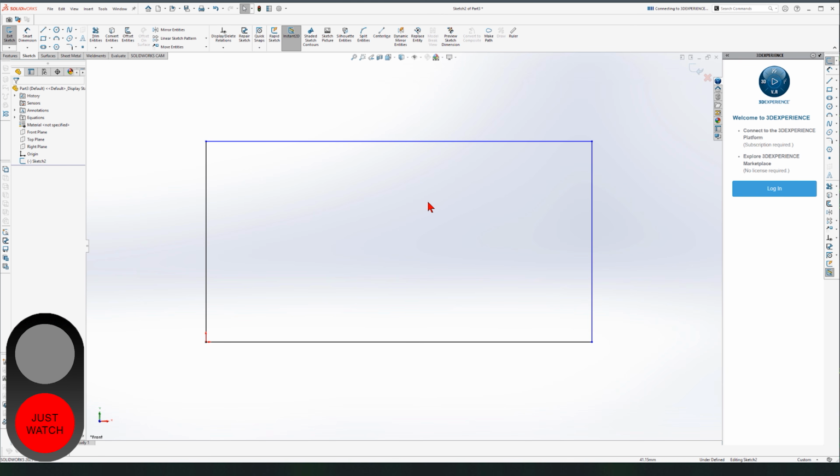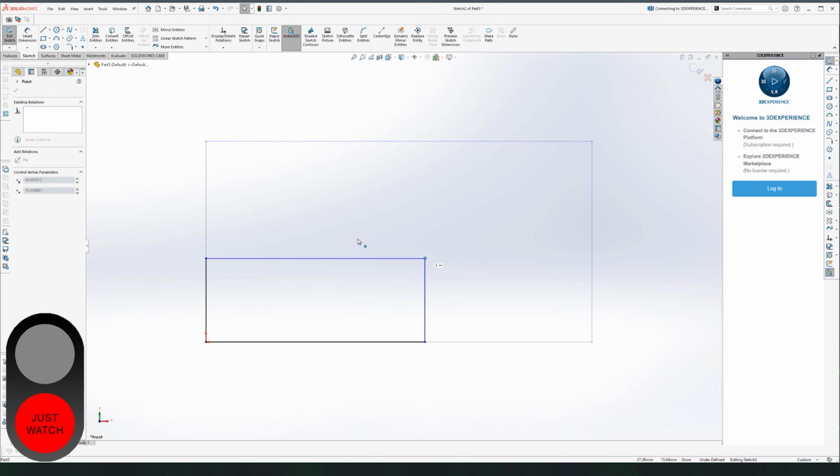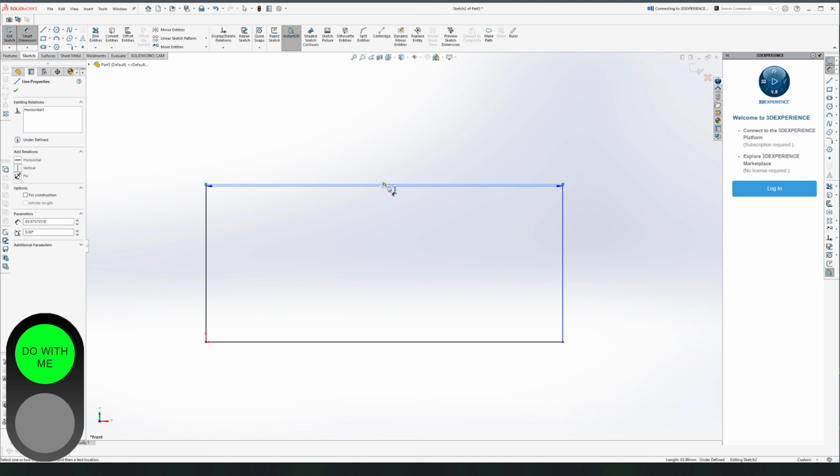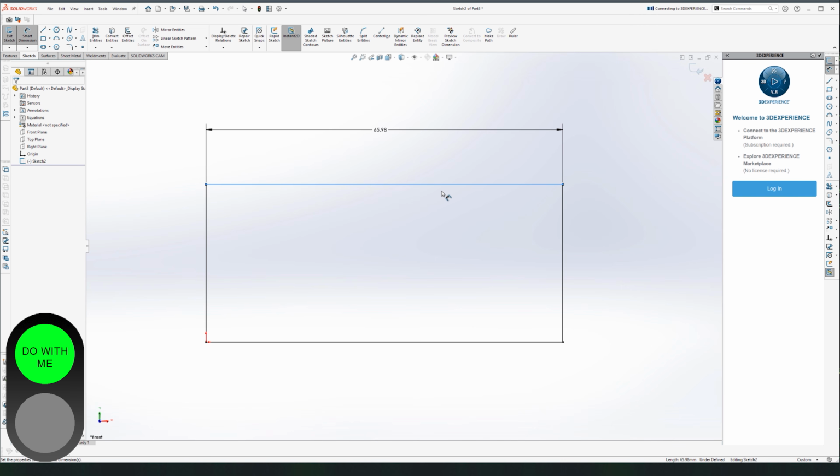Make sure you are in an active sketching mode. This has to be exit sketch, and you see these two icons here, and we have our blue rectangle here, and we can drag this point around. Okay, now go to the sketch tab, click on Smart Dimension here. Good. Now click on this line once, let go of the click. You don't have to hold it down, just one click, and then place your dimension here or here or here or here. Doesn't matter. Whatever you selected, it would look that way, and it can always be dragged away and changed. So let's click here and give it